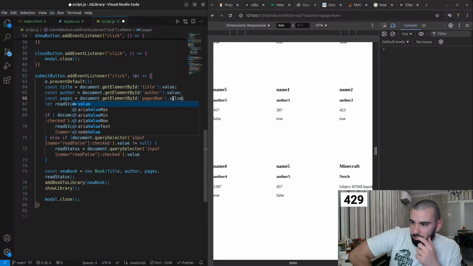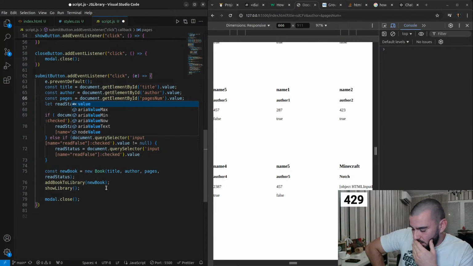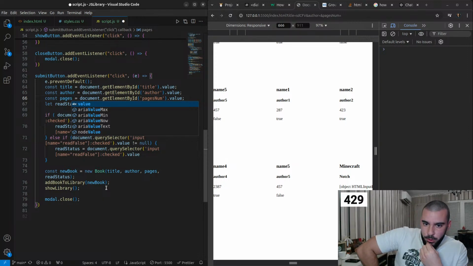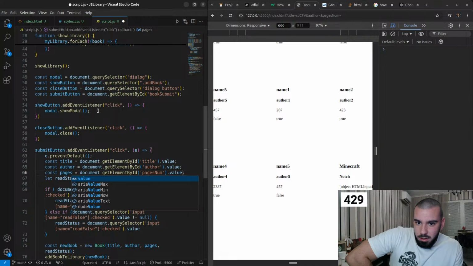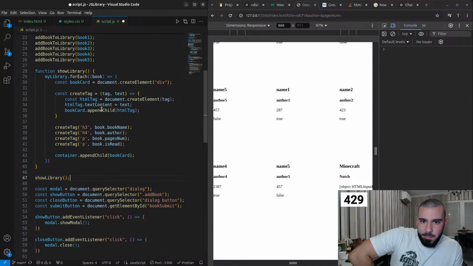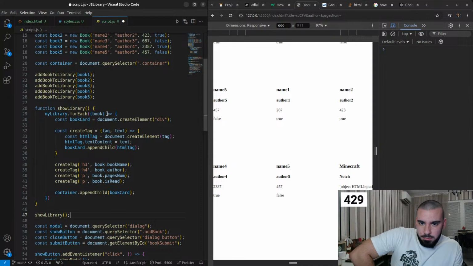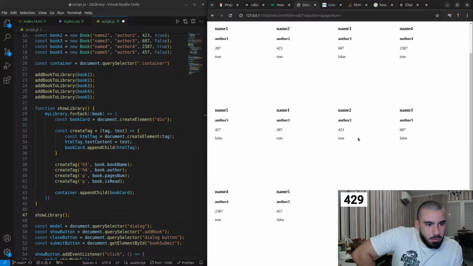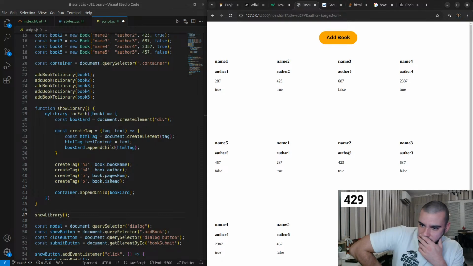Now the thing is that without the show library, we're not seeing our book reflected, and if we call it again, it will render the whole thing once again. Show library. Right, and I'm not exactly sure how we're going to fix that. I want show library initially to show me all the available books we have, but then once we add a book,